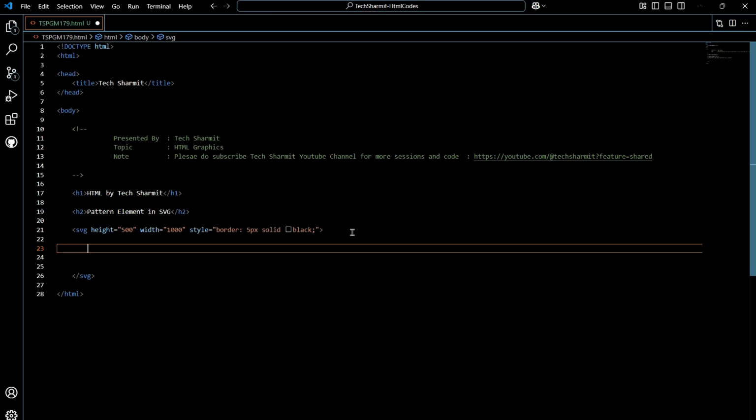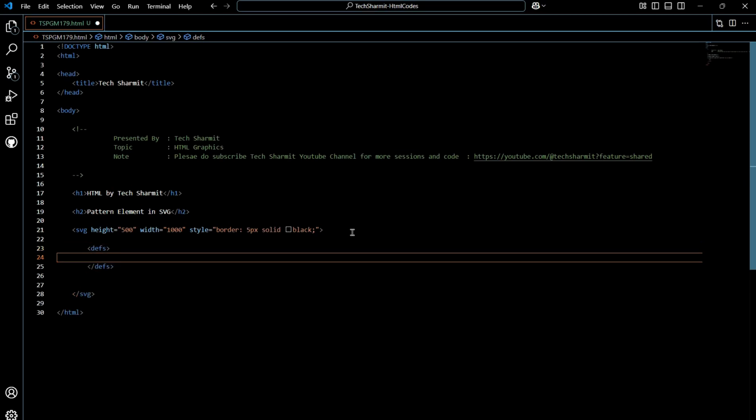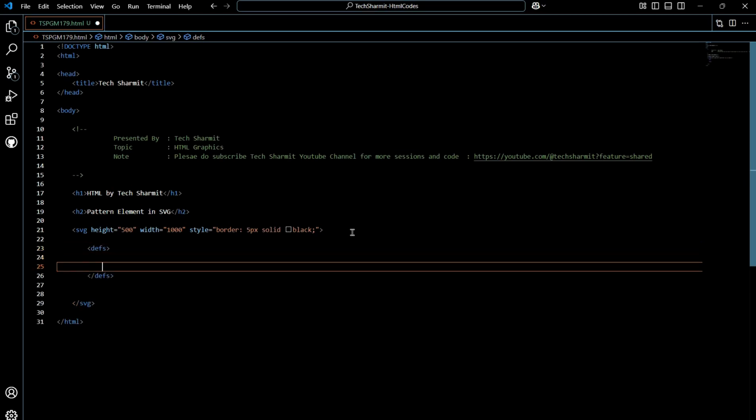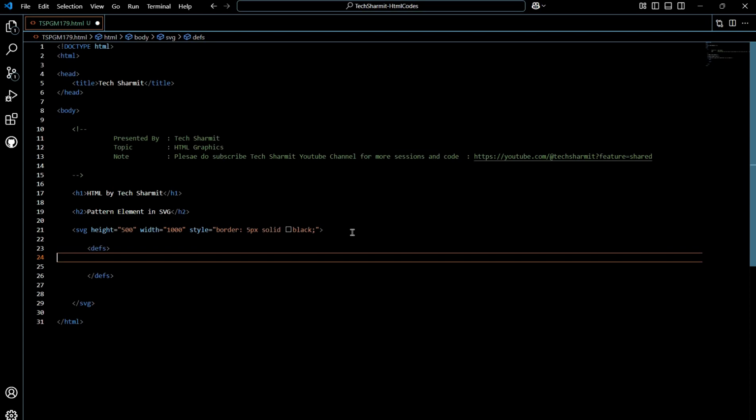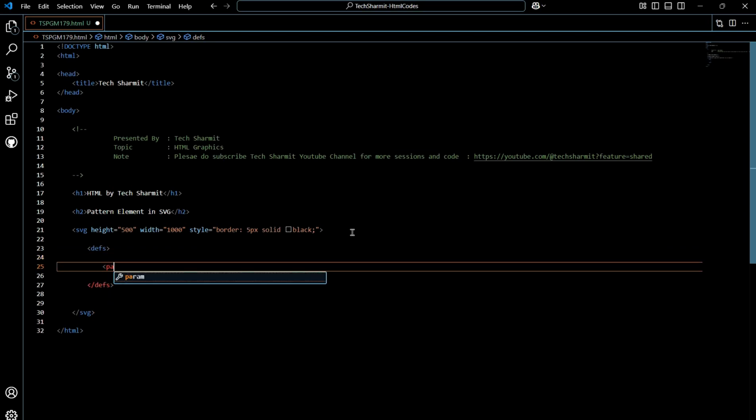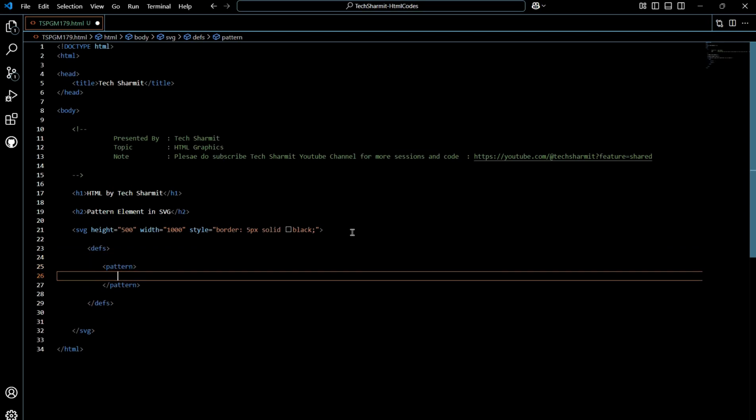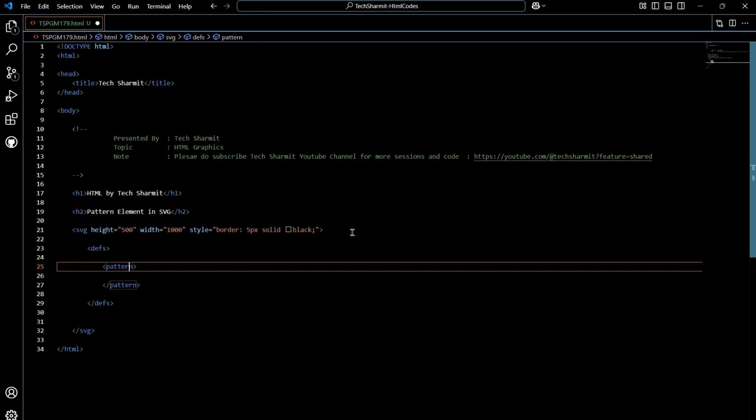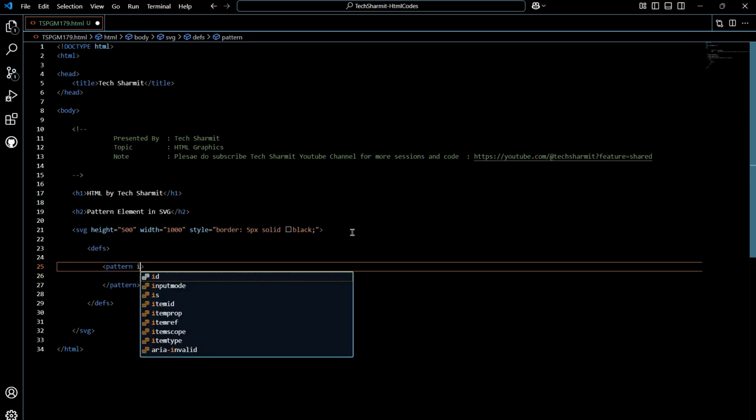To draw the pattern, I'll show you one example where we will draw a pattern with a circle. Let's draw that. As we discussed, we will first use defs to define the element. So I'll just put defs here. In it we will write the actual pattern element, pattern. Now in this pattern we will provide the ID. So here I'll write id equal